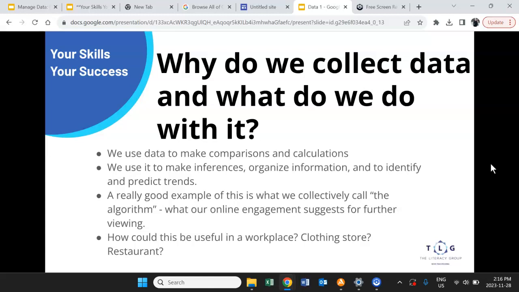So I want you to think about how this could be useful in a workplace, in a clothing store, or in a restaurant, right? What kind of trends do we want to be making inferences of? How are we going to benefit from having an organization of information collecting data? Okay, for example, in a restaurant, right, we want to be making inferences. We're ordering food, right? You have to get your food from somewhere, and the thing with food is that food goes bad, right? So it's really easy to say, okay, well, I can order 10 cases of carrots, but